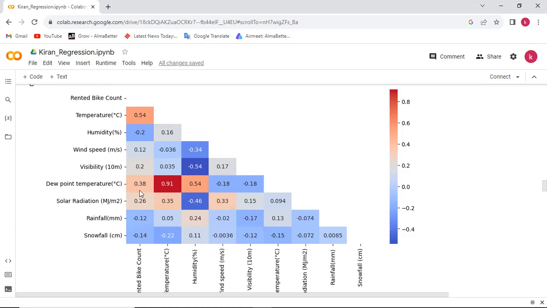These are the highly correlated factors. The least correlated variables are humidity, rainfall, and snowfall, and that is why we have observed the least demand for sharing bikes in the winter season.